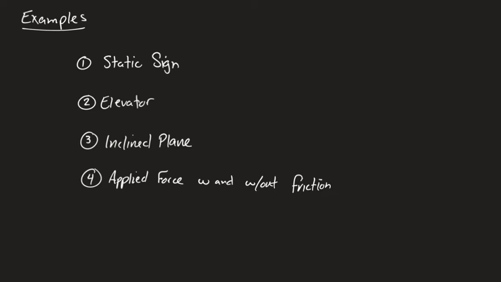Now, when we are done with the static sign problem, which is the first one we're going to do today, your paper is going to be filled with things. If I were you, I would set a column up on the right or left side of your paper that has a dialogue of what you're doing. Although you might have this set of steps written down someplace, and I'm going to provide you with a piece of paper that has all of these steps on it, like a cheat sheet, what I write down here, when we're done, is just going to be a mess. You are going to need to be able to go back to your notes and understand how each one of these steps was applied to the problem. That will be best for you. So without further ado,